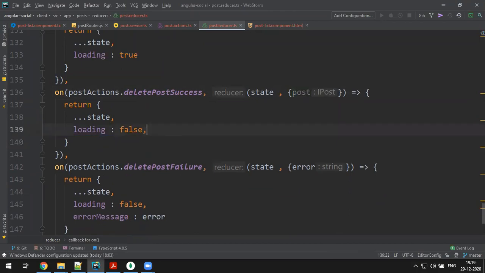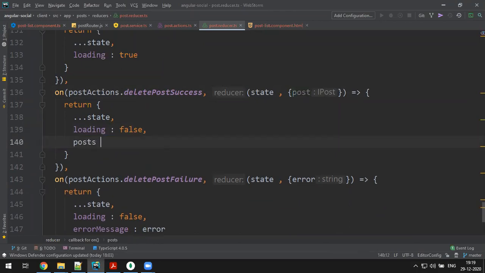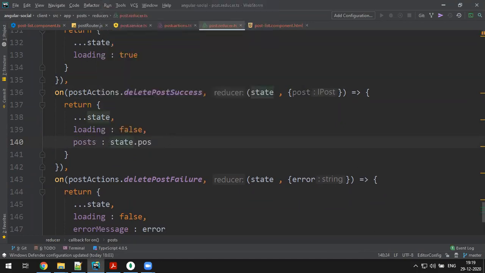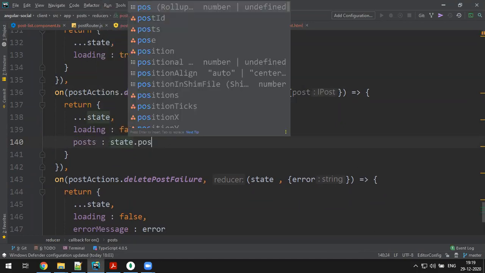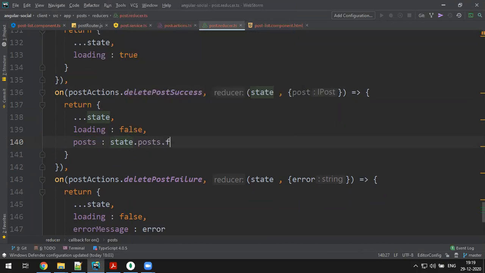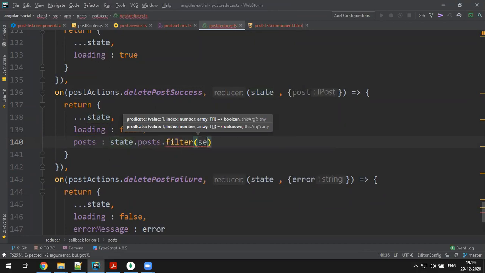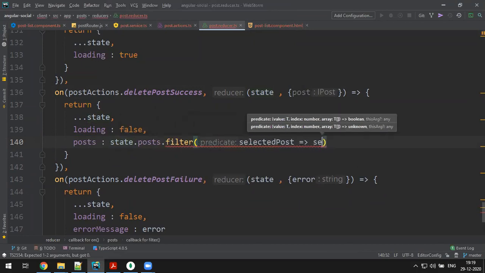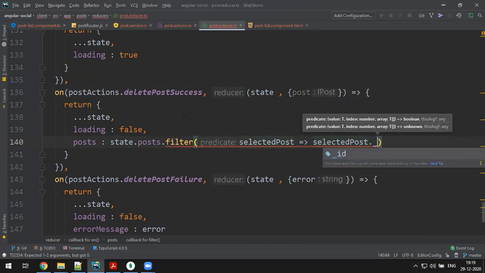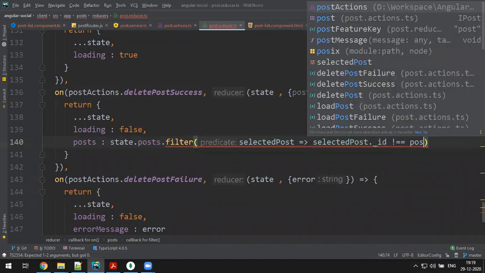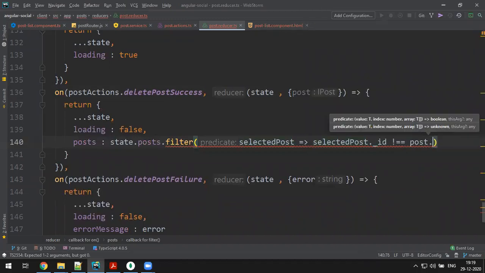All the posts I replace with state.post.filter. I filter them with each selected post: selected post._id is not equal to the deleted post._id.